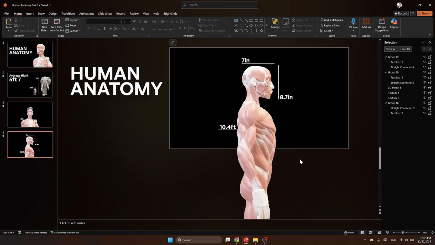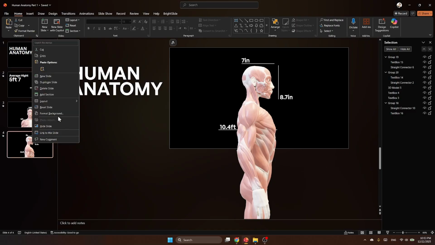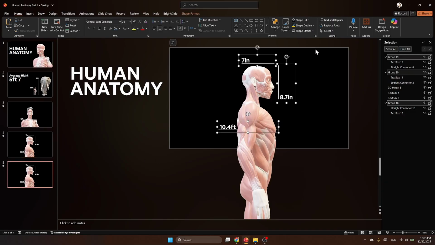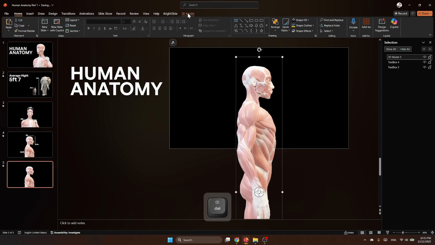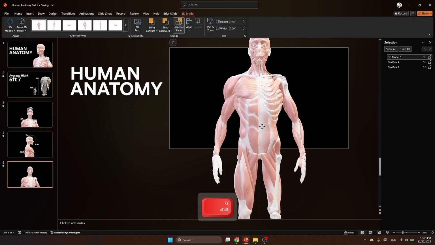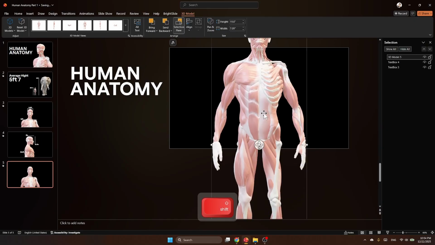So, picking up right where we left off last time, let's jump right in. We'll go ahead and duplicate that fourth slide. Once we have it duplicated, I'll remove all those measurements we had on there. Then we'll switch the 3D model to the front view and gently move it right to the center of the